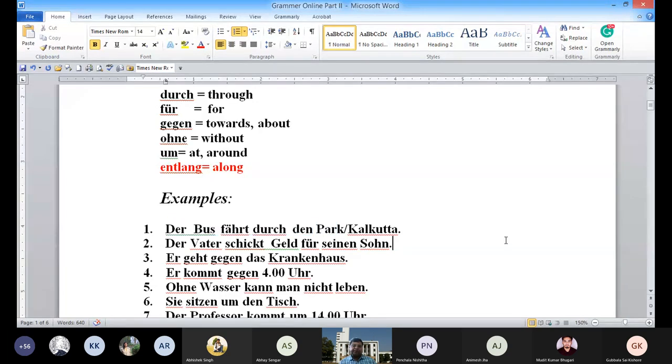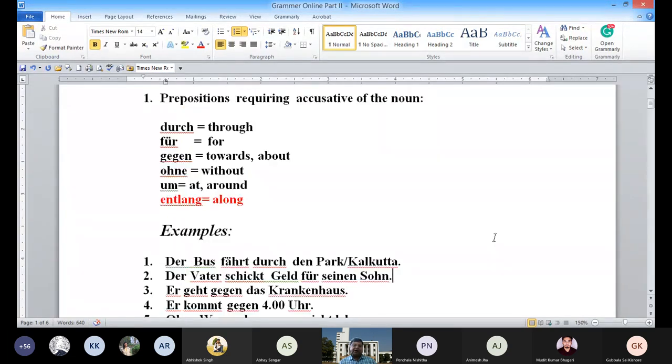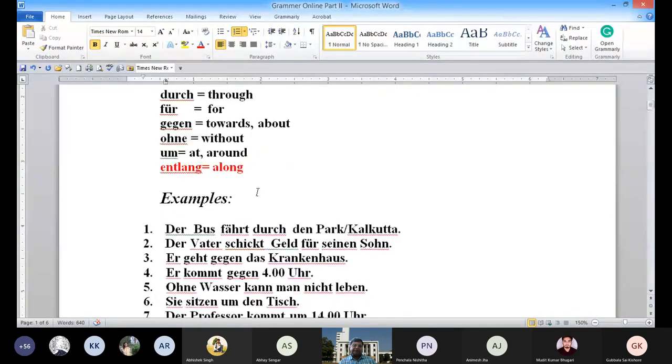Now further, für. Für means for. So like, der Vater schickt Geld für seinen Sohn. Schickt has come from schicken, S-C-H-I-C-K-E-N. Schicken means to send. Father sends what? Geld. Geld means money. Für seinen Sohn. Sohn means son. So now here you can see für means for, and sein,